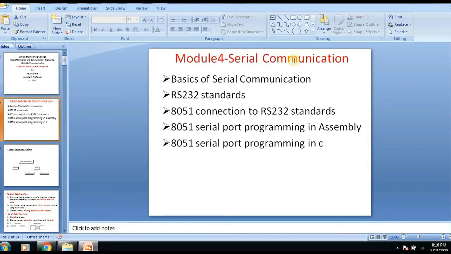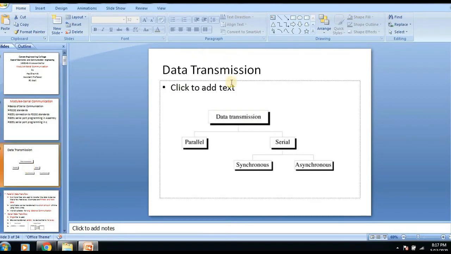As you all know, communication is nothing but transmitting information from one point to another point. This communication can be between two persons or two devices. Mainly here we will be considering the communication between two devices. When we say devices, we prefer always to transmit the data in digital form, that is, in the form of ones and zeros. So here the classification is given.